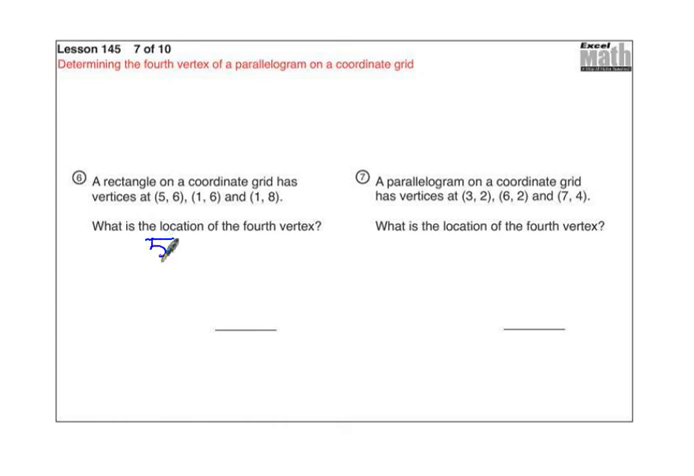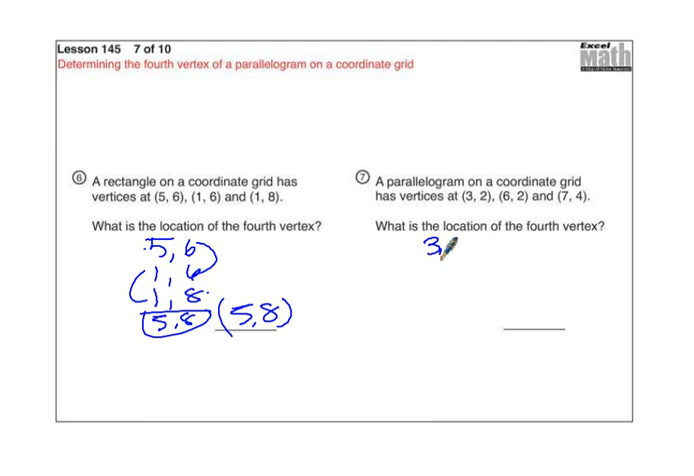There's a 5, 6, 1, 6, 1, 8. And there's 2 6s right here and 2 1s, so you have to have 1 more 5 and 1 more 8. Do you want to do the other one too? Sure. 3, 2, 6, 2, 7, 4. There's 2 2s and